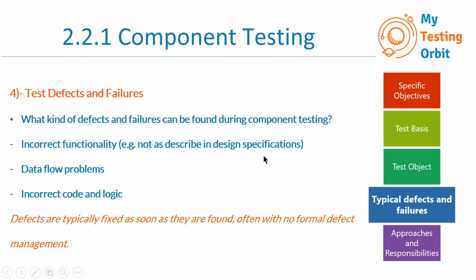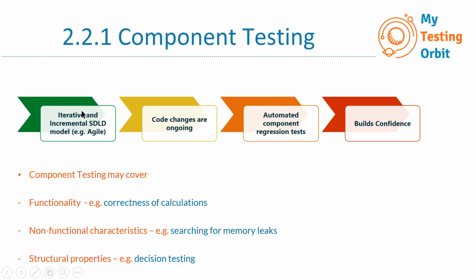Let's see over here. Yeah, we did see that if we are doing an iterative model, then changes keep on going on each iteration, which means that there will not be stable requirements in this case. The requirements will keep on changing depending on what kind of changes are required, or what's the output